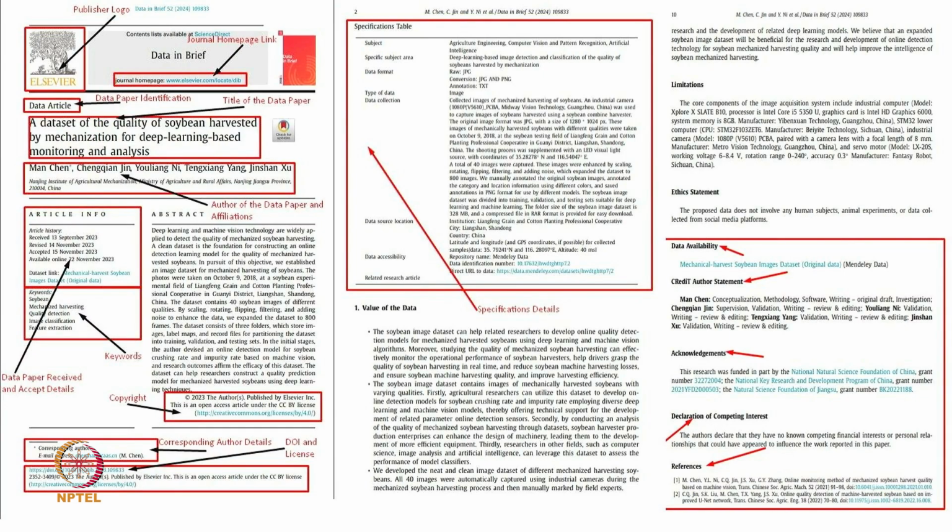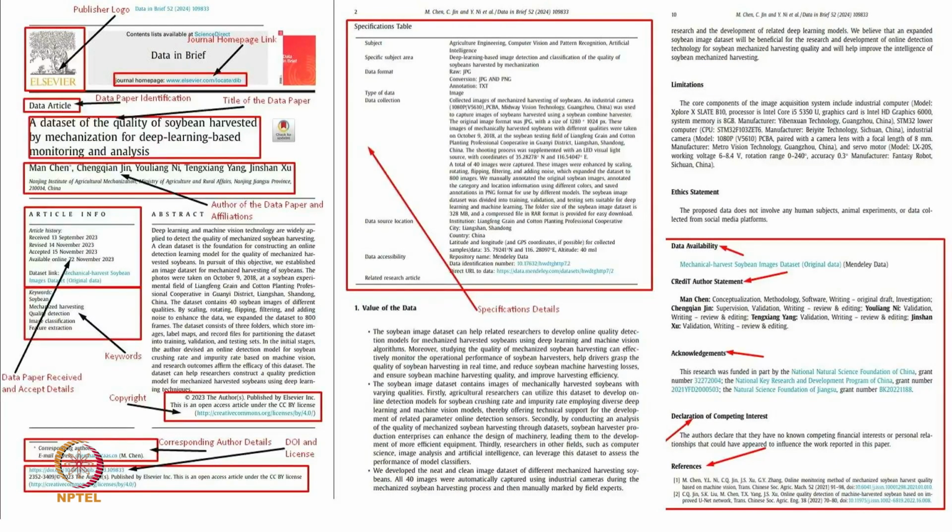Let us now discuss the data paper, which is the latest document type adopted by researchers that facilitates the sharing and reusability of data. The publication process of a data paper is similar to other documents in the journal. A data paper consists of a complete description that includes the scope, source, data collection methods and pre-processing of the data set. This is an example of a data paper published in the